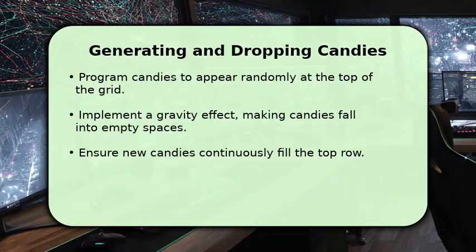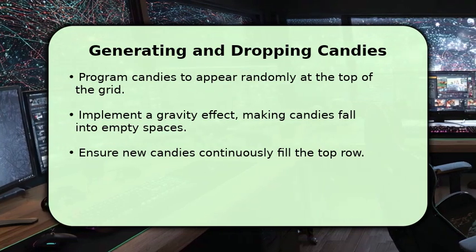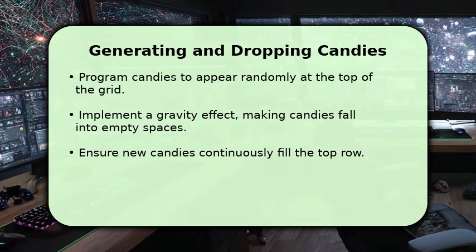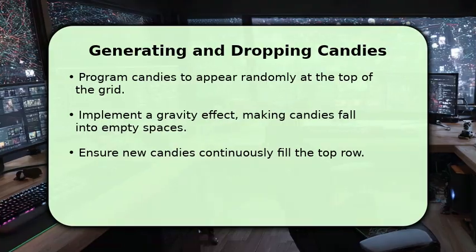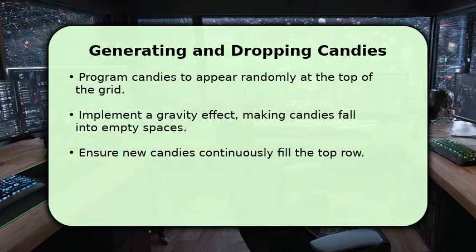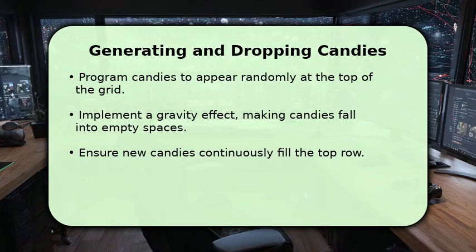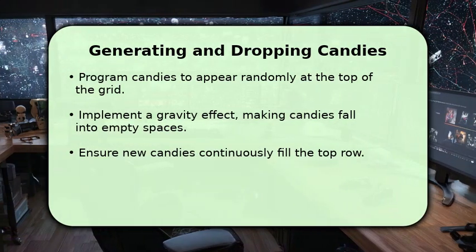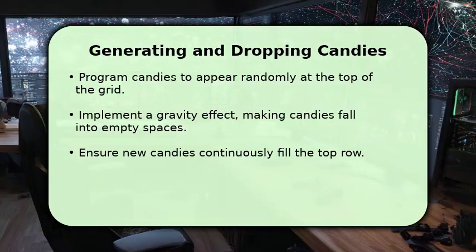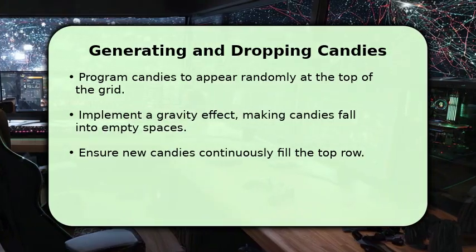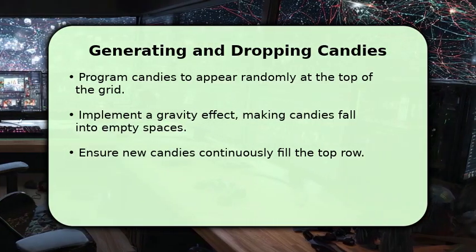Now, let's get those candies appearing and falling. Program your candy sprites to generate randomly at the top of your game board. Once generated, they should fall downwards, simulating gravity, until they hit another candy or the bottom of the grid. Make sure your code continuously fills the top row with new candies as spaces become available, keeping the game board